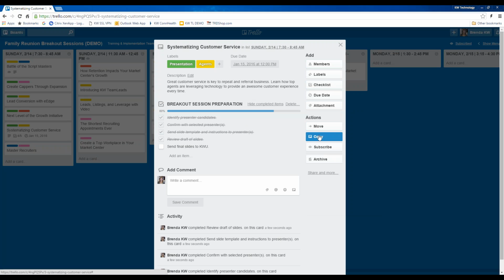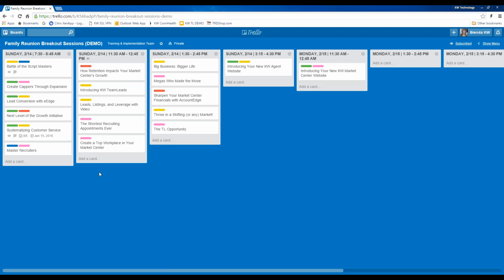If you have a similar item that's going to happen on another day, you can do that. Subscribe means anytime activity happens on this card, you'll be notified. So endless possibilities here. And now you can see the checkbox icon has changed to 4 out of 5. 4 out of 5 items are complete